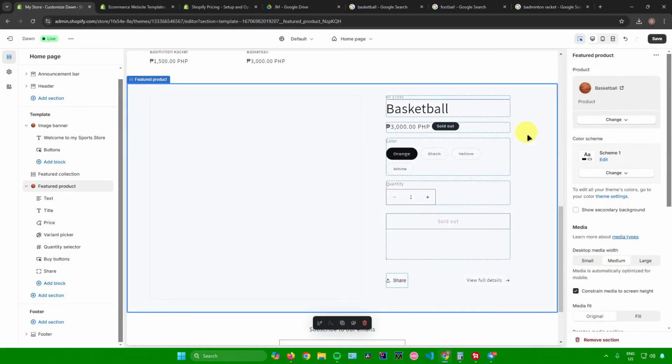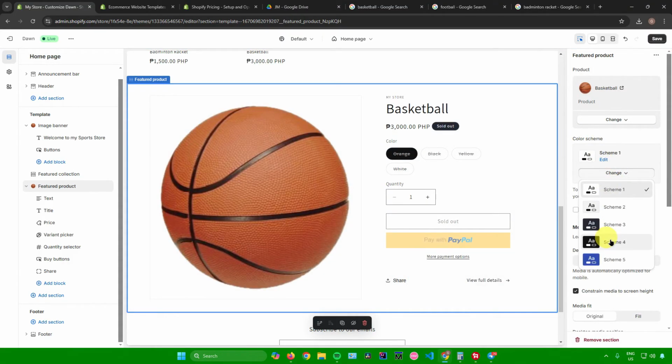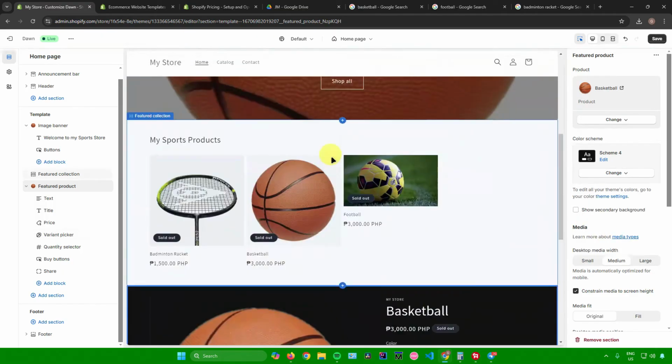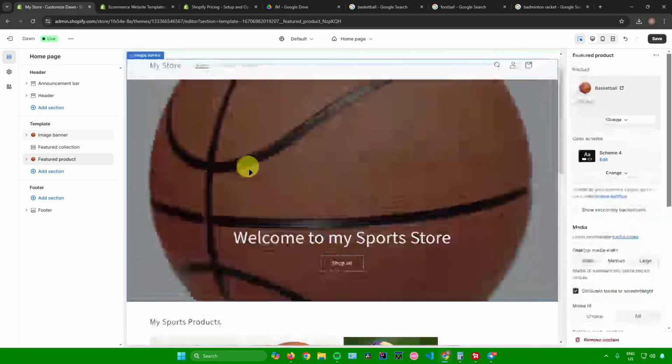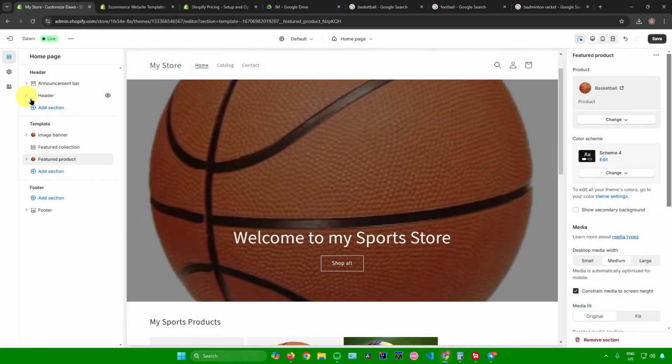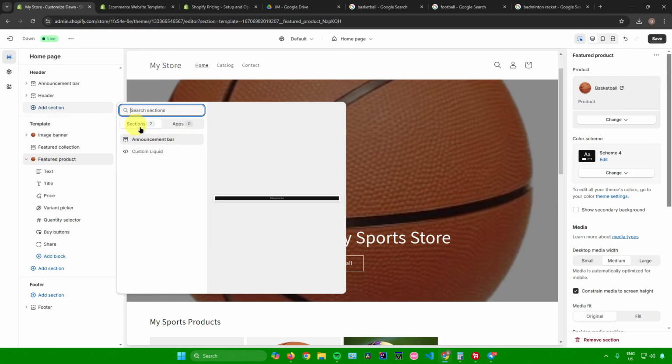So for example, I'll select the basketball product, and then let's say I'll just change the color scheme to scheme 4, and then there you go. Next, what you can also do is add sections to your header and footer. So to do that, just go to header over here, click on add section, and then after that, you can